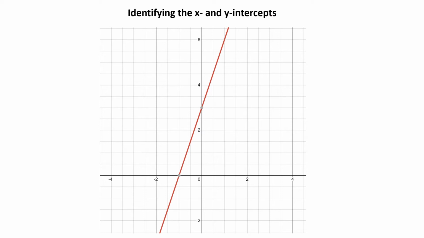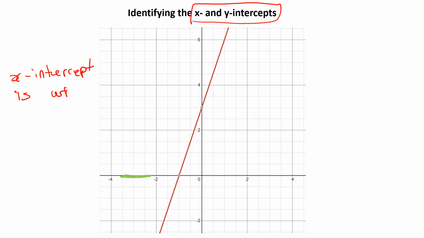So in this video, we're going to look at identifying the x and y intercepts from a linear graph, on this straight line. When we talk about the x and y intercept, it means where it crosses this line or this line. So what do I mean by that? The x-intercept is talking about going across this line. If I want to know where it cuts that line, the intercept is when